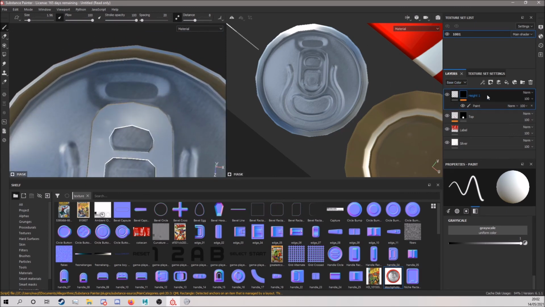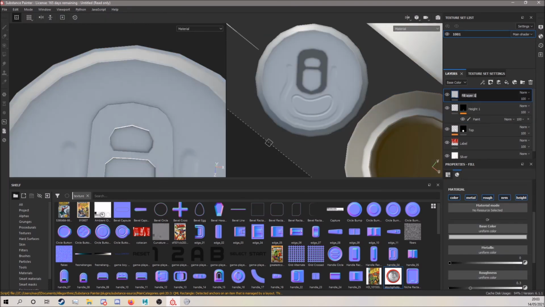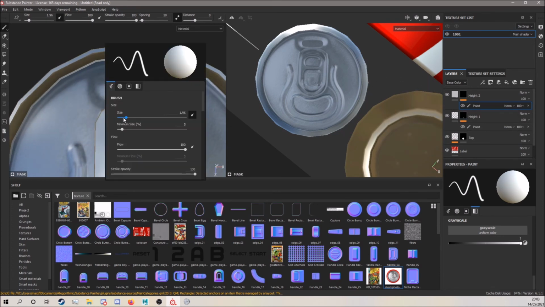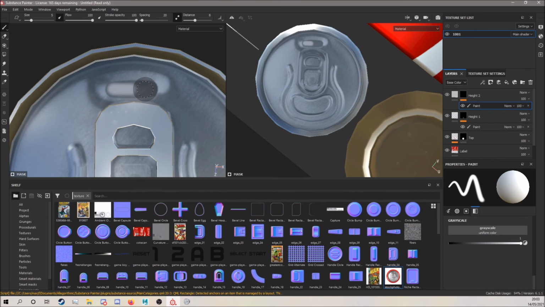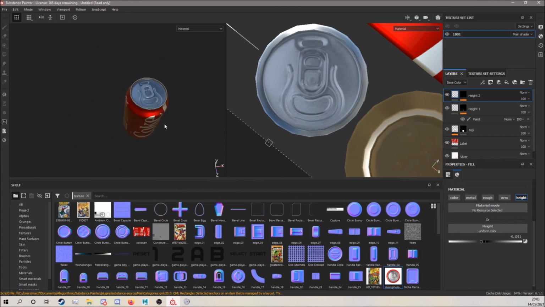And for this piece we want to create a new fill layer, height 2, same thing, add a black mask, right click, add paint. We're going to just draw in a line here, maybe a little bit bigger. There we go. And we'll turn off these and just lower the height a little bit. So there we go. Now we have our Coke can,